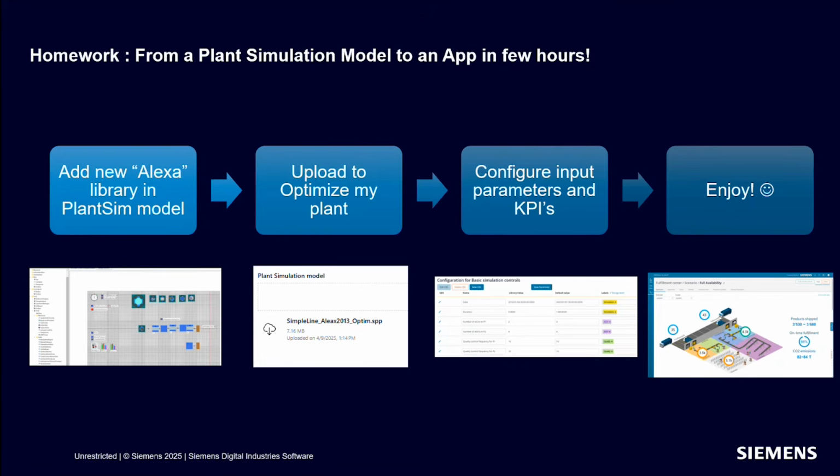So with the library and with access to the application, you can try it yourself, if what I presented piqued your curiosity about how this is done.